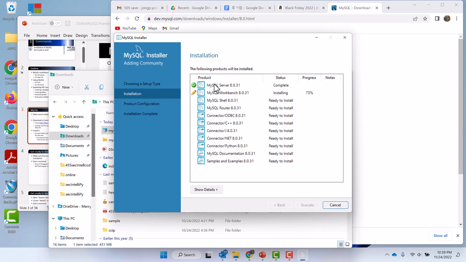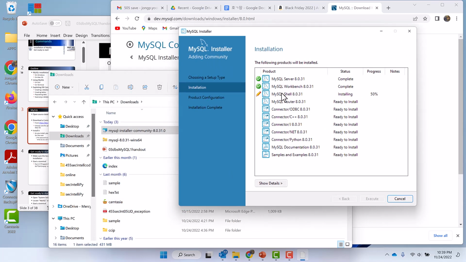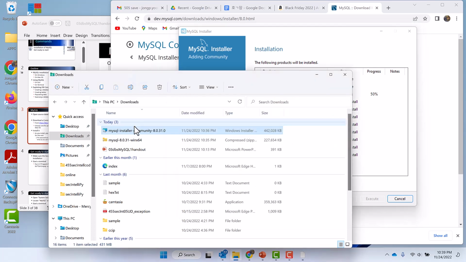So actually my SQL Server is installed. I think this installs more than we need actually. But why don't we let it go? See what this installer can do. While this installer is installing all of these products, I'm going to tell you that this MySQL that we